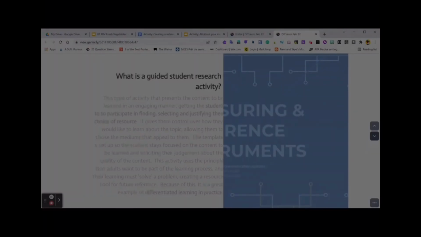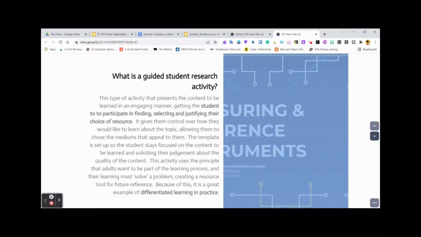So let's look at the first point: real-world problem solving. What this activity is going to do is simulate real-world problem solving, in that they're making the student go after information that they don't have. The information that they need is out there, but they're going to have to judge whether or not that information is accurate. And that's the real-world problem solving part, because once they leave school, they'll no longer have